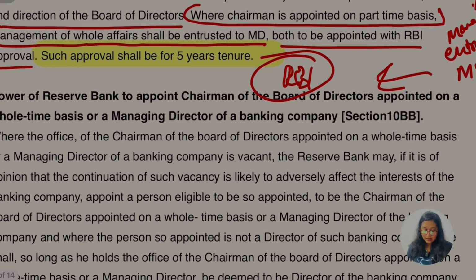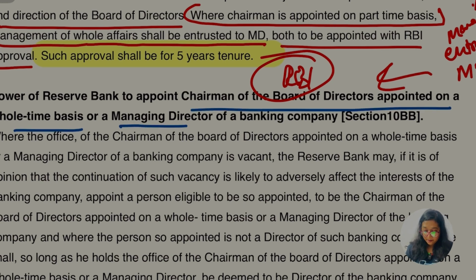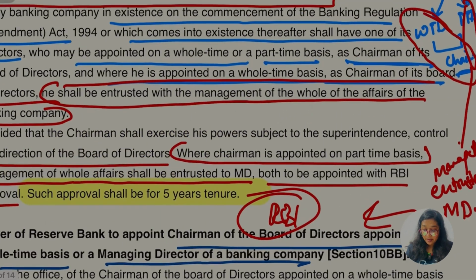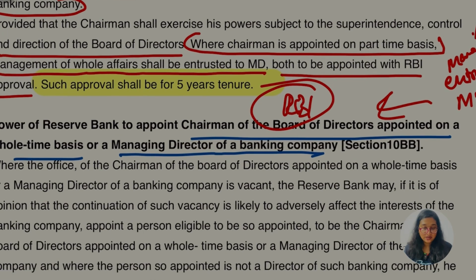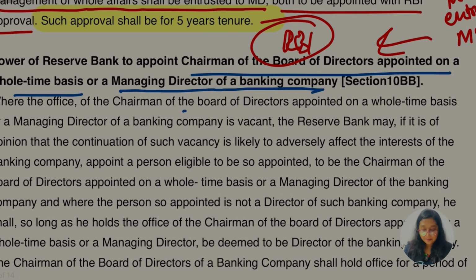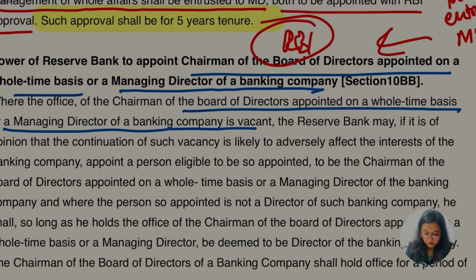Okay, let's go to the other part, section 10BB: the power of the Reserve Bank to appoint the chairman of the board of directors appointed on a full-time basis or the managing director of a banking company. Earlier, in 10B, we talked about the full-time or part-time director being chairman. Now we have added one more thing, the MD with the part-time director part. Where the office of the chairman of the board of directors appointed on a full-time basis, or of a managing director, of a banking company is vacant,